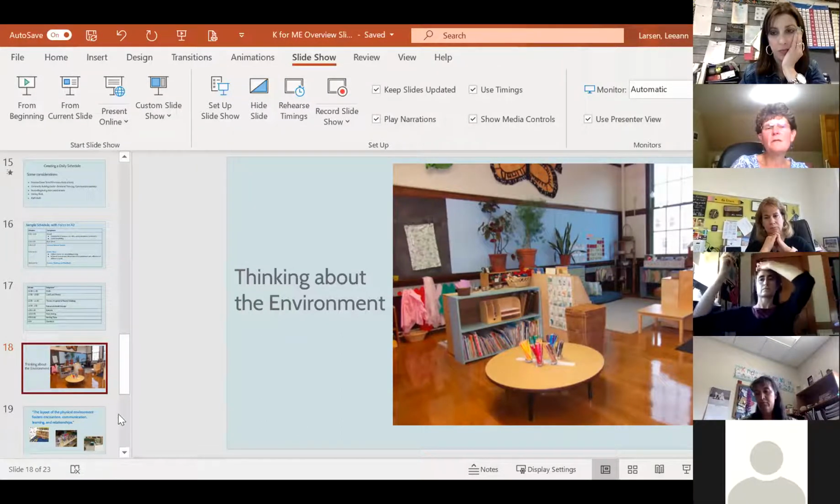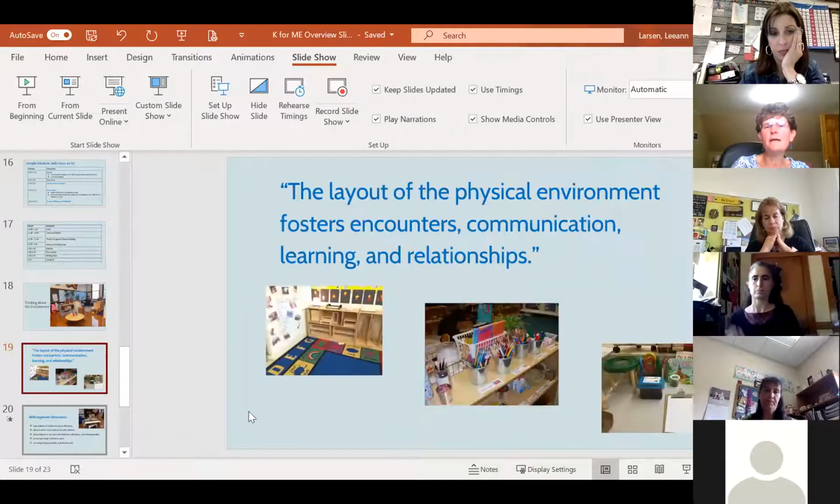So as we take a look, you'll see some photos on the next few slides that will give you an idea of what some of those learning spaces might look like